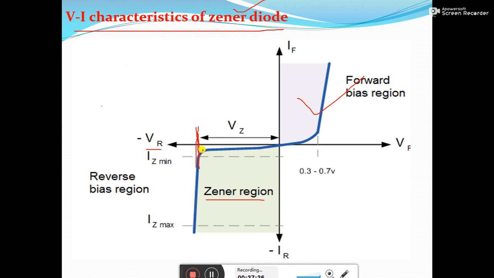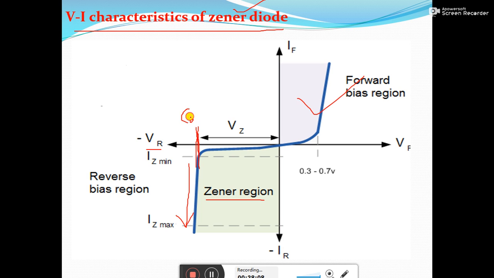maybe Zener breakdown happens, or maybe avalanche breakdown happens, of the types of breakdown we have already studied, depending upon what the Vz value is designed for. If it is less than 6, the Zener breakdown occurs, and if the Vz value is greater than 6, then avalanche breakdown occurs. After this Vz value, the voltage is almost constant; only the current is getting increased, but the voltage remains constant.